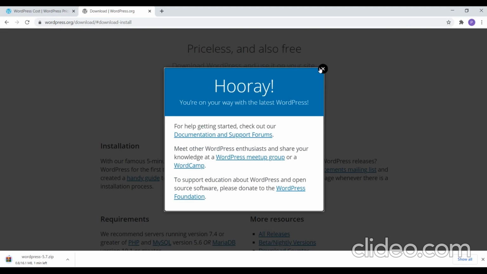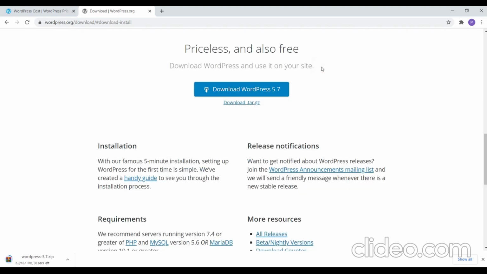So you need to keep in mind that whenever you are creating a website or creating a fresh website, you need to have the latest copy of WordPress. So once you have downloaded, you have two options. One is you can directly, if you are having a server, you can directly copy these files to your server and then you can start working on it. If not, you have some other softwares that you need to download onto your local and you can start working on your WordPress website.